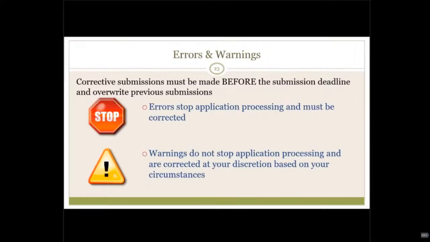application. Again, to highlight, errors stop the application from processing and must be corrected. Warnings do not stop the application, and you can correct them at your discretion. There are some warnings like 500K, which is that you're not allowed to submit an application without prior approval if your budget is 500K or more for certain activity codes. So again, if you have gotten your approval, happy dance. You can certainly ignore that. If you have not gotten prior approval, you can expect someone will be sending you an email in a couple